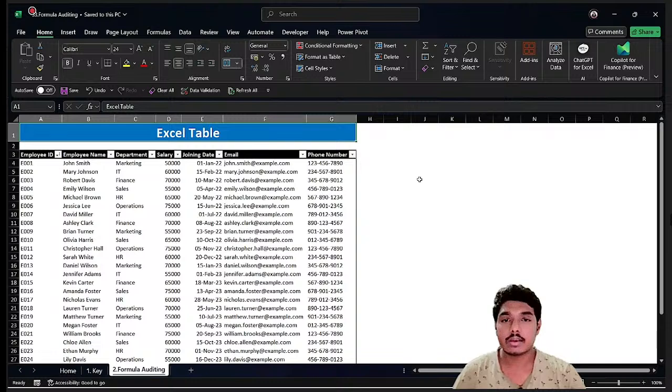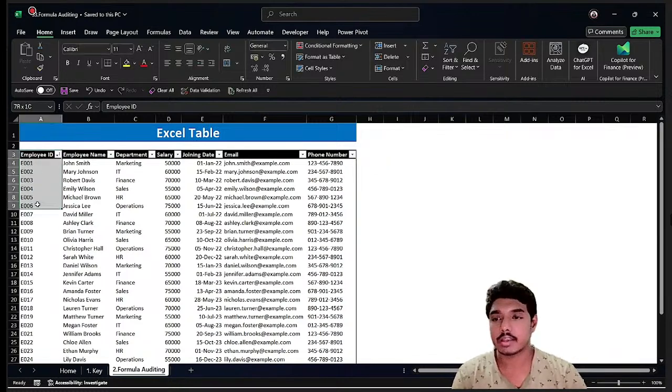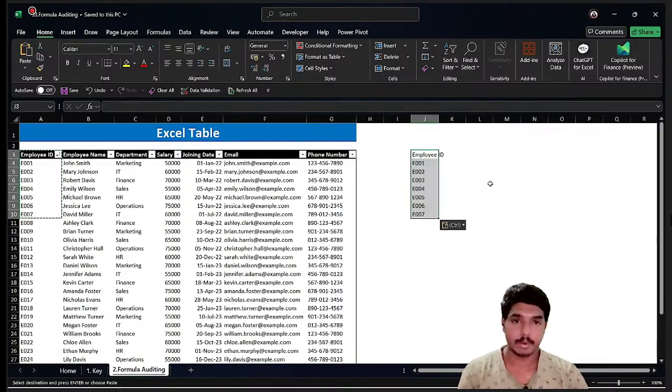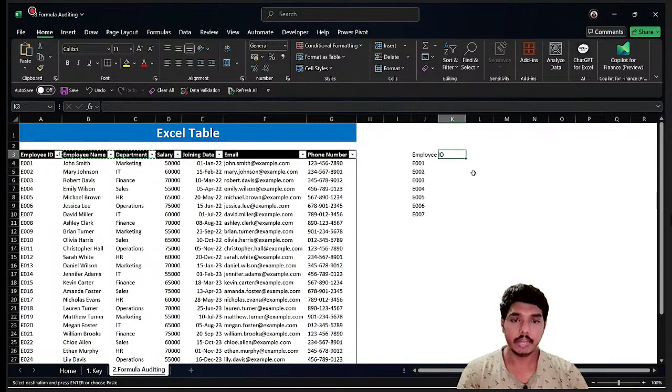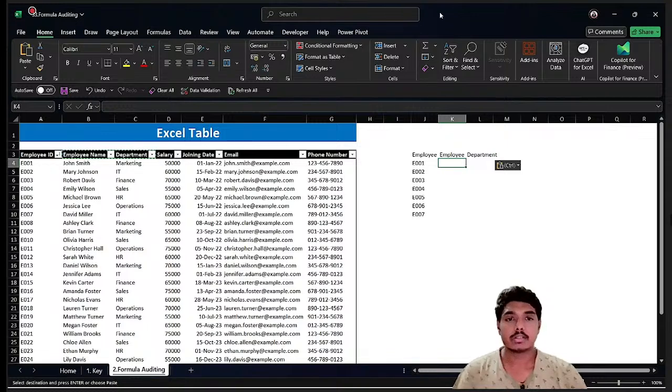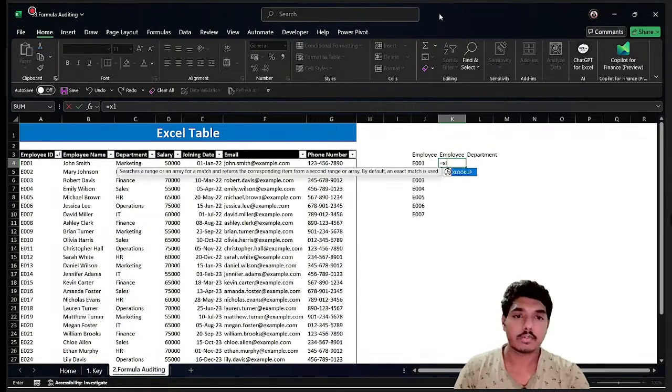For example, suppose I'm using an XLOOKUP formula here. Let me just create a list here so that I can use an XLOOKUP formula. Copy, paste, and I just want the employee name and the department. Since we have already learned the XLOOKUP formula, you know what an XLOOKUP formula is, right? Is equal to XLOOKUP of,